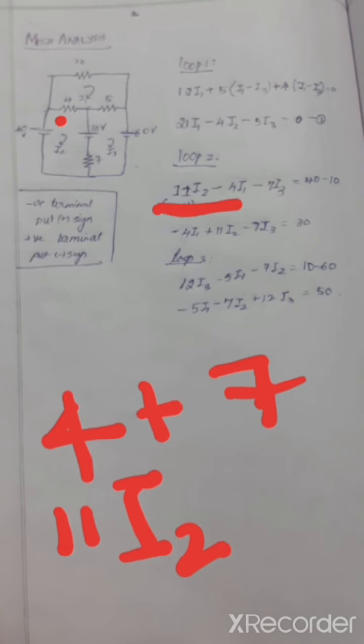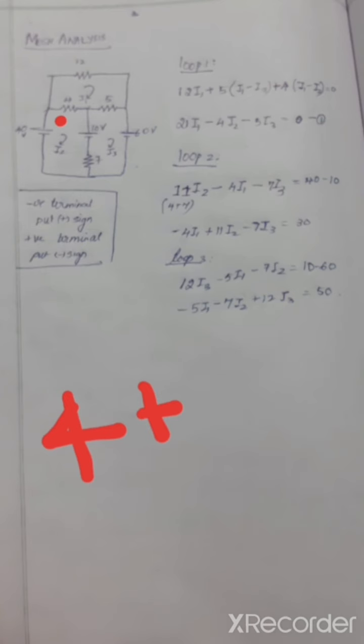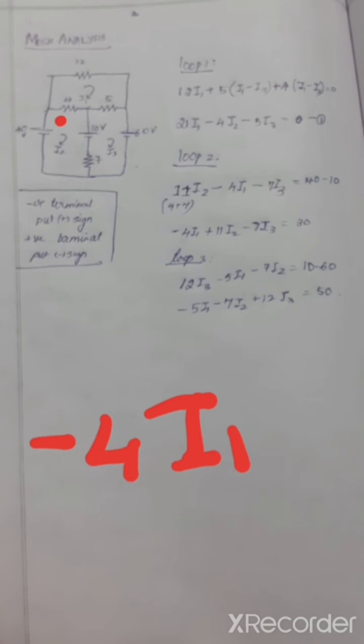Now what are the resistances here? 4 and 7, which are both adjacent to some other loops, that is, connected to some other loop. So you have to include a negative sign with the current of that loop. So minus 4 is adjacent to loop 1, so it is minus 4 I1, and 7 ohm resistance is adjacent to loop 3, so it is minus 7 I3. This is how this equation is formed. So you can rearrange and you can get it as minus 4 I1 plus 11 I2 minus 7 I3.